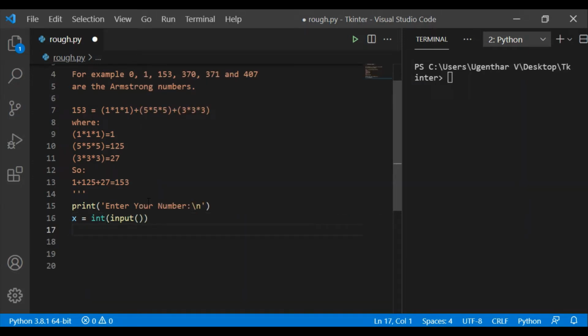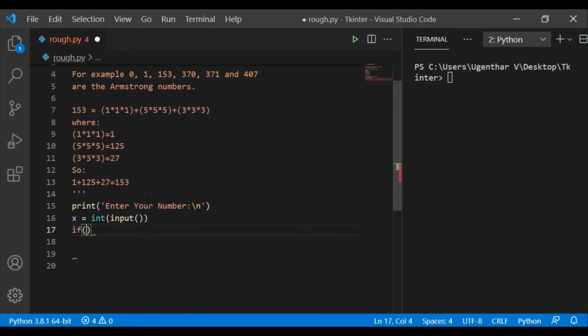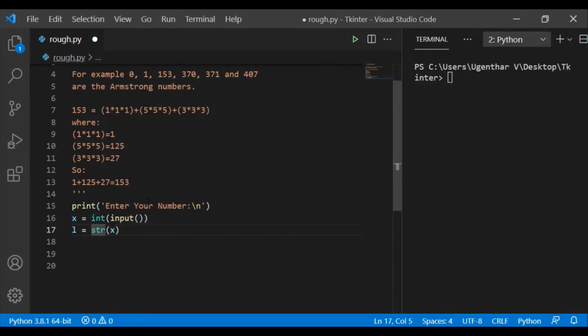Now let's take the length of the input: L is equal to len of str of x. We are converting the int to string in order to get the length.